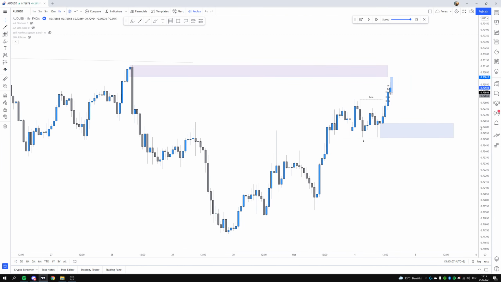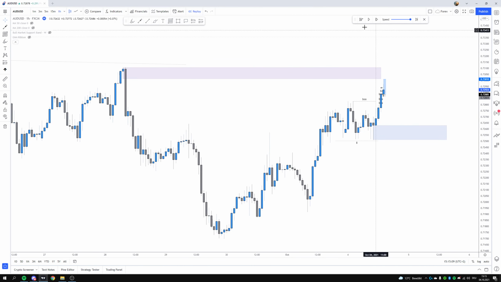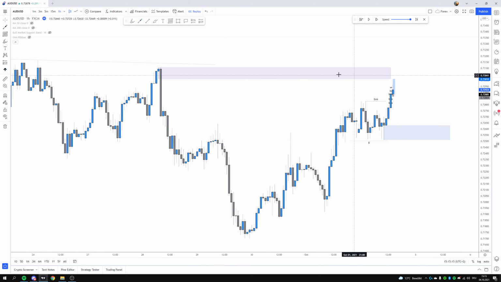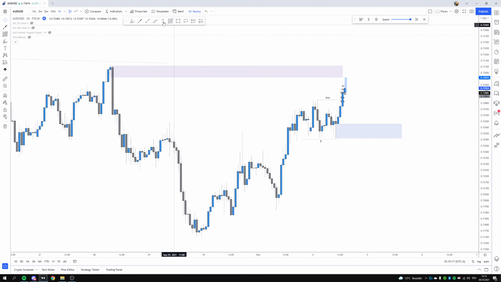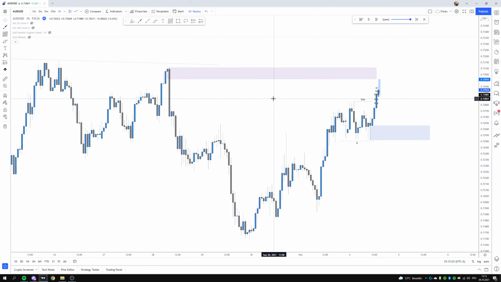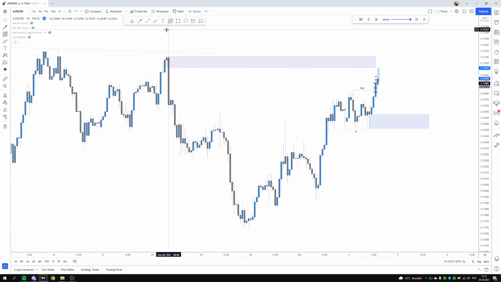So basically what I was looking for was a trade into this 1 hour unmitigated supply area and then to go lower into the unmitigated demand area. So as you can see, price made